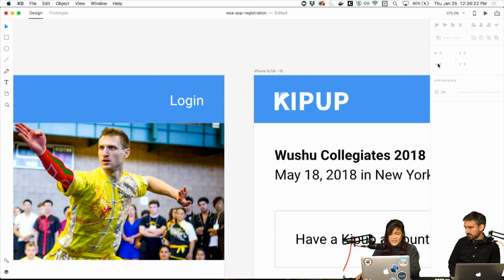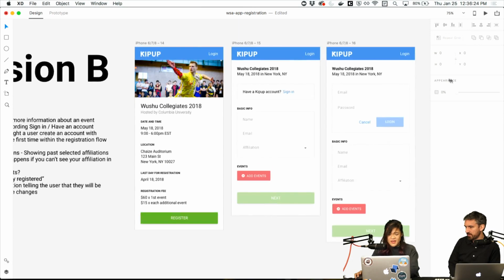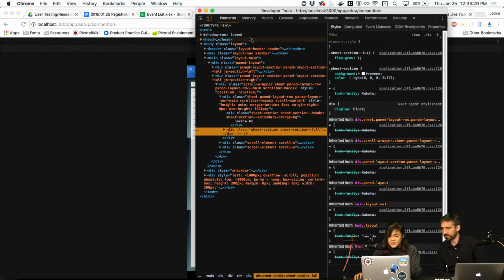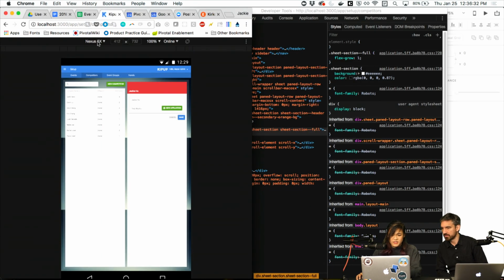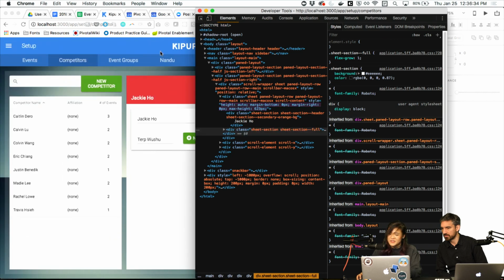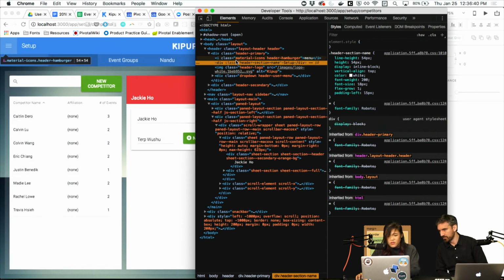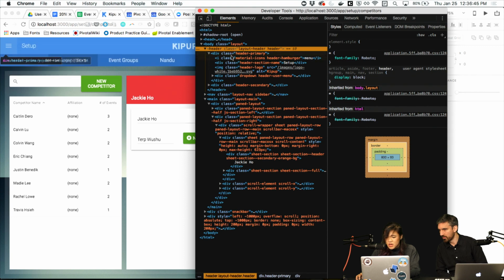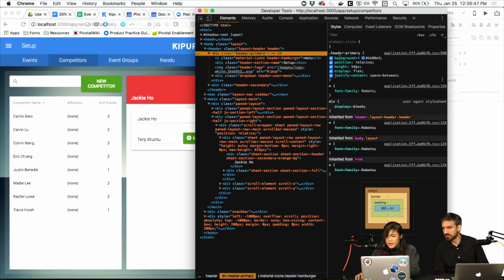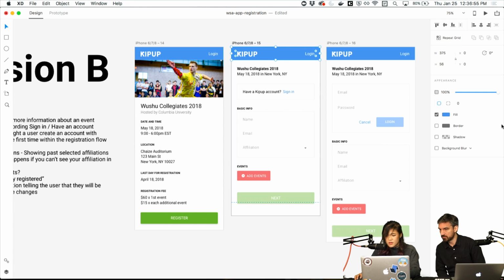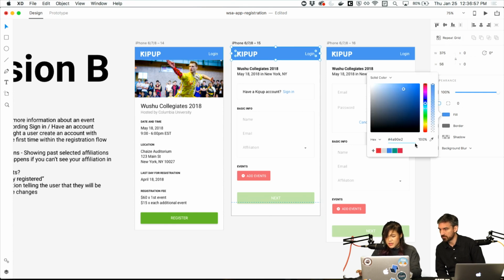So what I went ahead and did is, keeping the app open, I opened up the developer tools. This is a little crazy because I have it on a phone view, which it's totally not meant for. But if I right click and click inspect, I look for the div where that color is being called. In this case, I believe it is header primary. And here I see the background color right there. I just copied and pasted that into the fill right here.